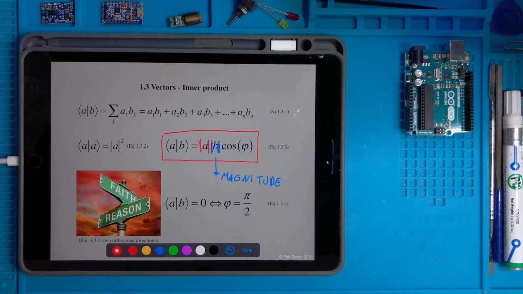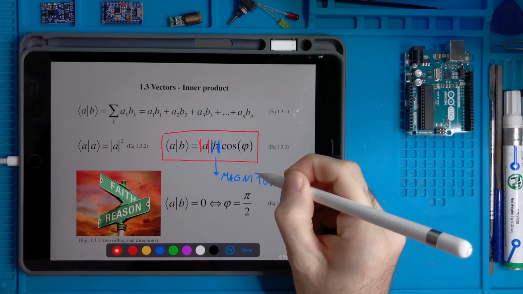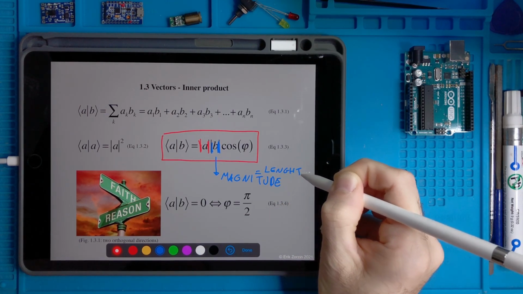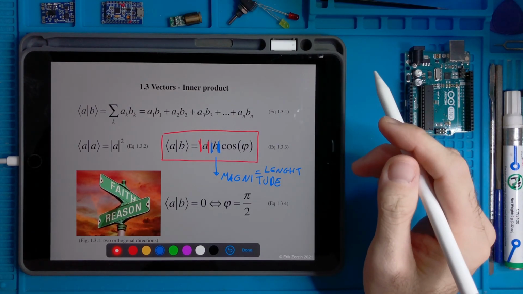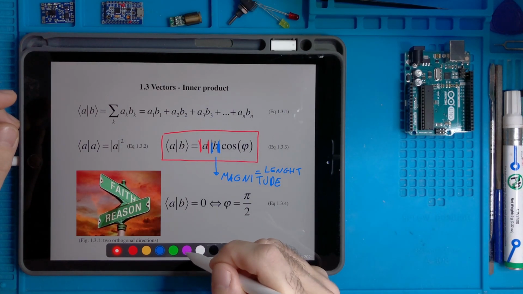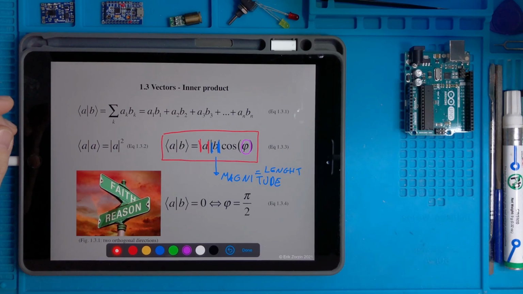In this case, the magnitude of vector B, which means the length. And phi is the angle between the 2 vectors.